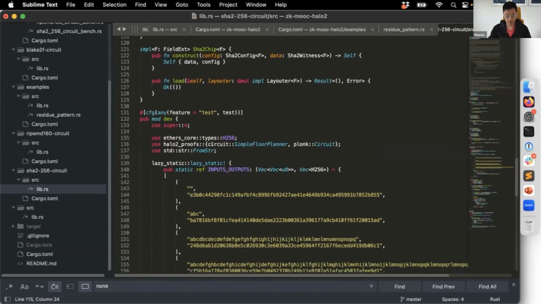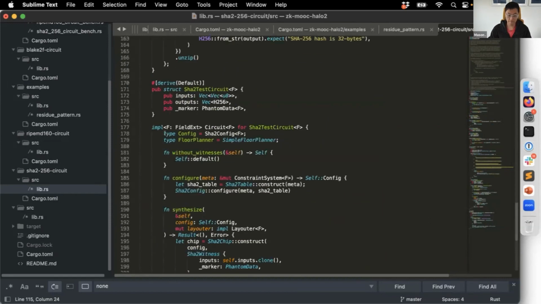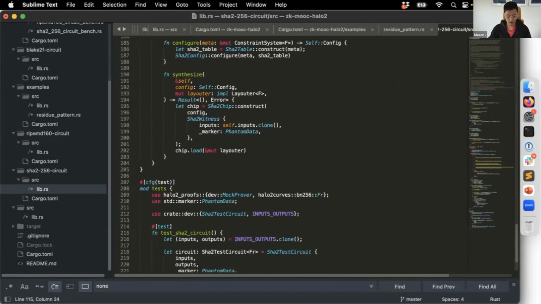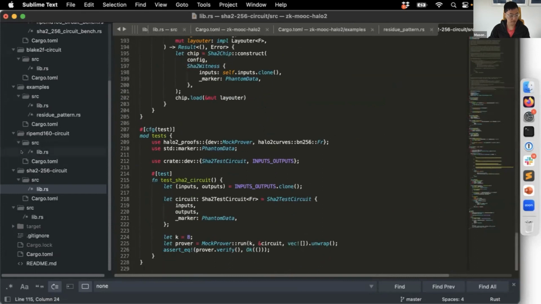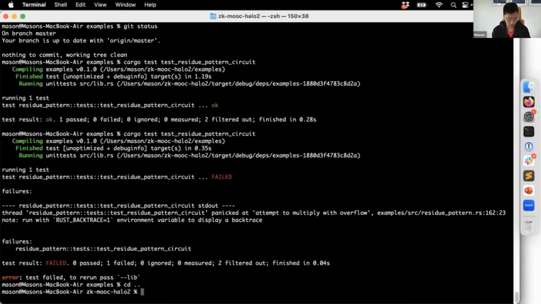Okay, and then here are some test vectors so that you can verify that you're actually computing correct SHA-256 values. And then here's the test circuit. I guess the final part is the benchmarking of all of this. And so if you go to the benchmarking,